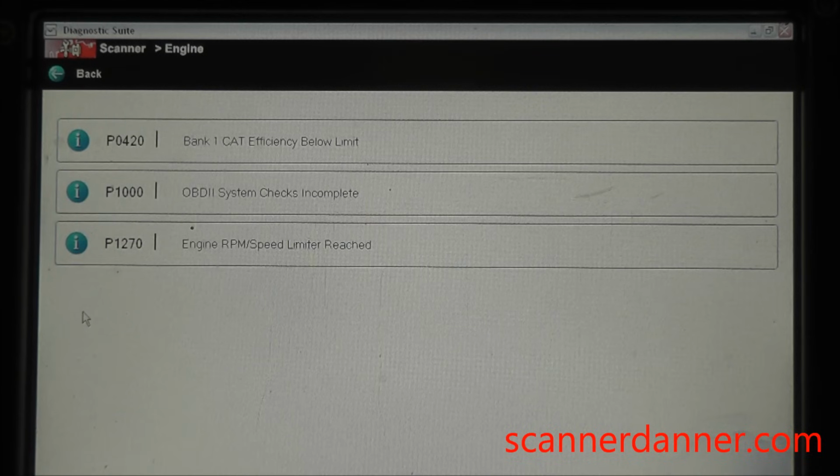We're not going to worry about the P1000, which just simply means someone was here and cleared the codes before we got here. And then also our engine speed RPM limiter reached. So either somebody hit the rev limiter on this with the RPM, or it was actually a mile per hour issue. We're not worried about that. We do have to consider the P1000 code, however, because